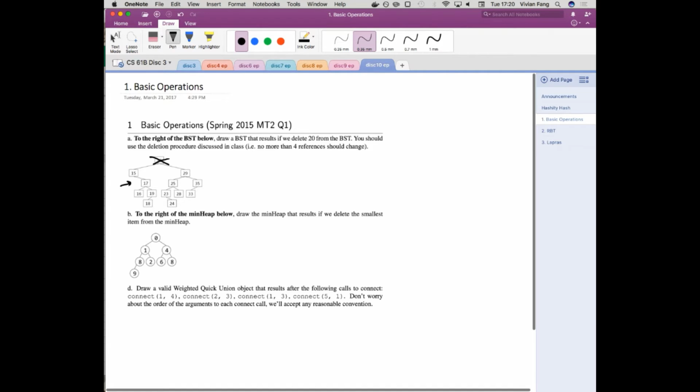Right, so we can promote the greatest, or we can promote the smallest. Does that make sense? Because if we put the greatest element here, then everything to the left will still be less than or equal to the greatest element. And if we put the smallest element here, everything to the right will be greater. That makes sense?